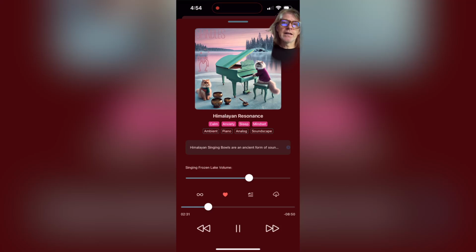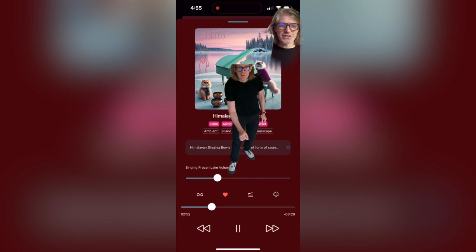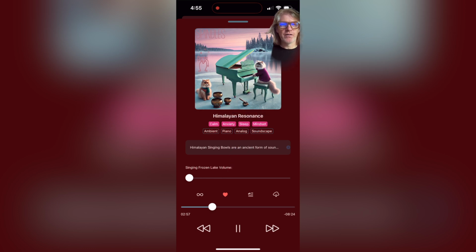The fourth button is a placeholder for now. I'm going to be adding the ability to download tracks to your iPhone. So if you're on a plane or somewhere where you don't have internet access, you could have access to these tracks that you download. But that's a feature that'll be coming soon. And then you will fortunately see a larger volume control for the soundscape. It'll describe the soundscape, and then you have the volume slider. And then the progress control for the music.